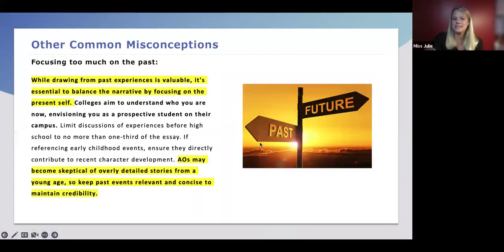A few other common misconceptions before we get to examples. Focusing too much on the past. Sometimes I read an essay and it starts with the student being 4 years old, 5 years old, and halfway through the essay, the student's only 10, right? That is something else you don't want to do. You don't want to focus too much on the past. While drawing from the past can be valuable,